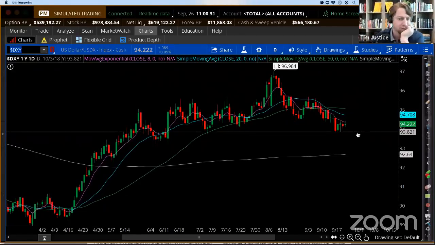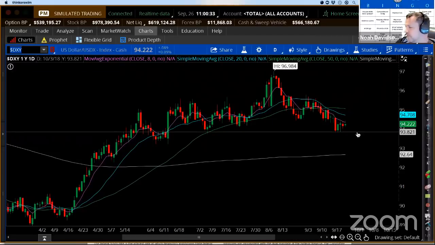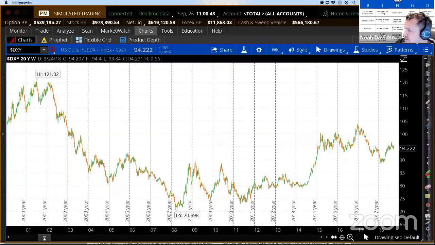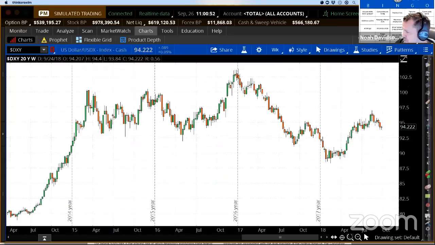What's going on here? Well, I think, from a technical perspective, you got a correction into that 93 zone, and it looks bearish. It's below its moving averages. You have seen a lower high form, and you do spot that inverted head and shoulders pattern. I'm always one to say, well, let's back out and put it into perspective on a weekly time frame. And on that weekly time frame, it's kind of just a little pullback off of a motive wave up that's establishing a reversal. So I wouldn't be surprised to see it rally out of here.